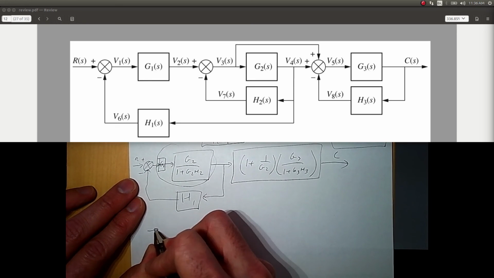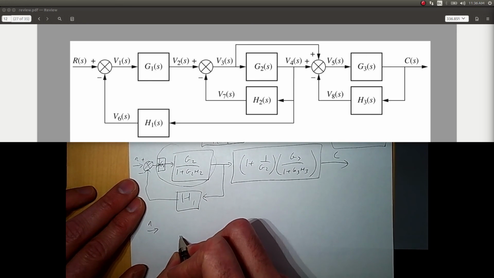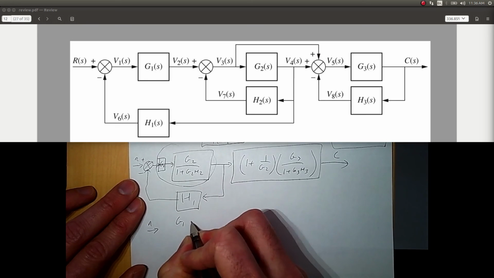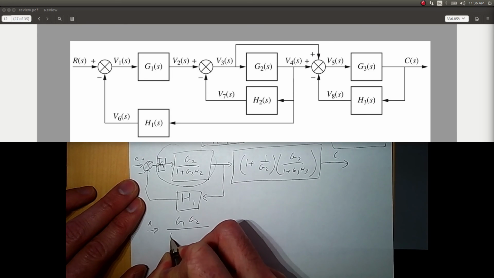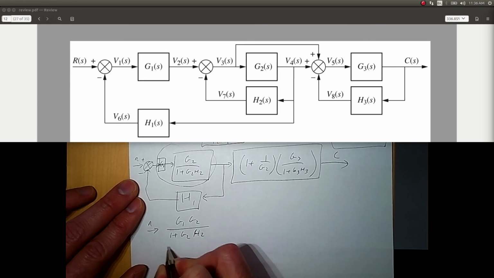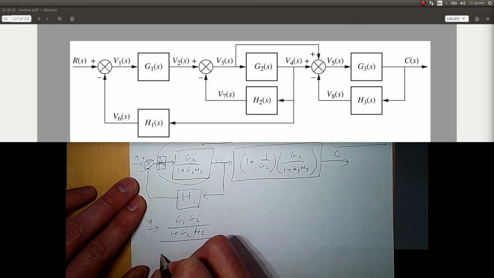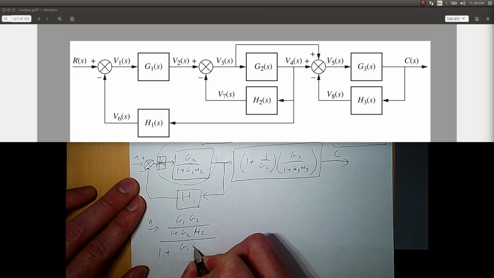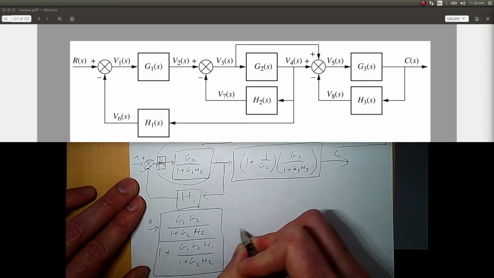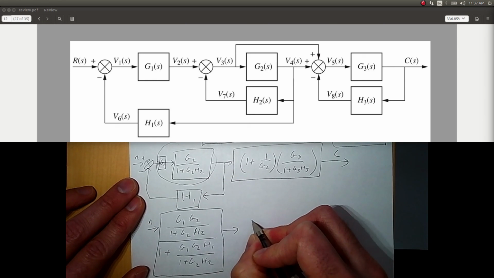So what we end up with is R times G1, G2 over 1 plus G2, H2 divided by 1 plus G1, G2, H1 and by 1 plus G2, H2. And that's cascaded with